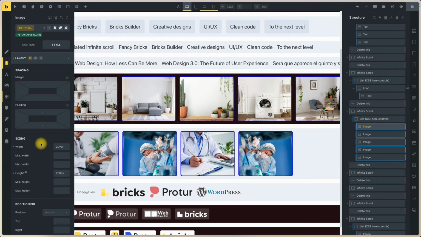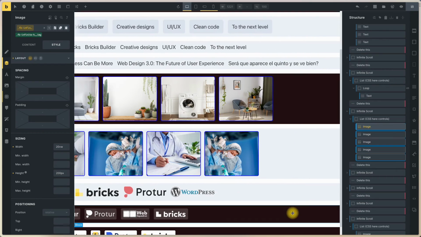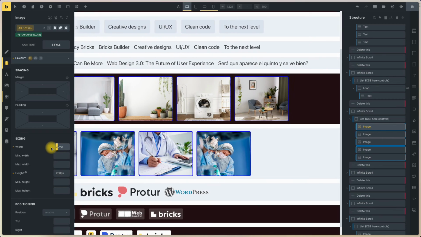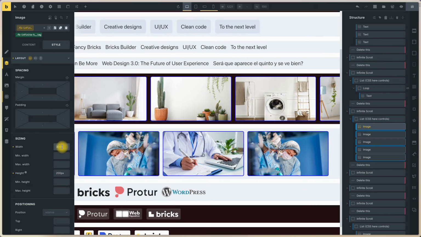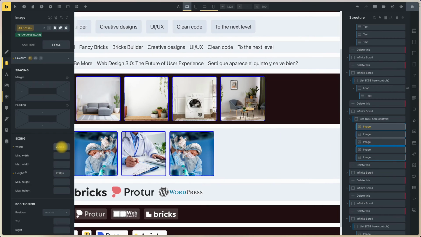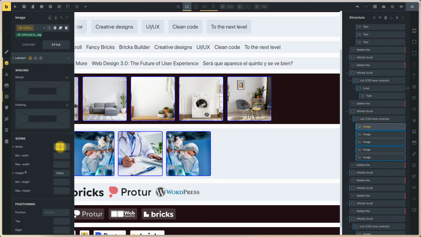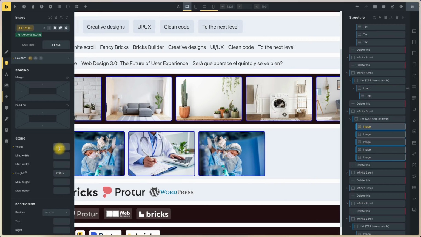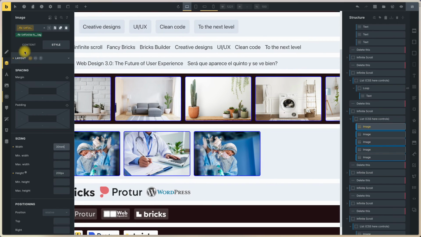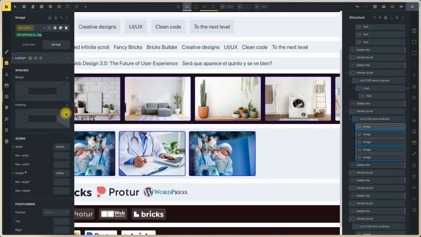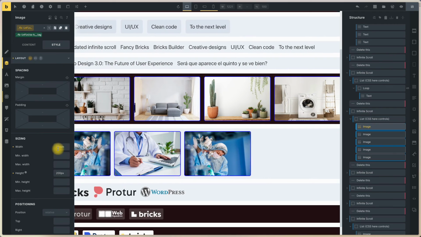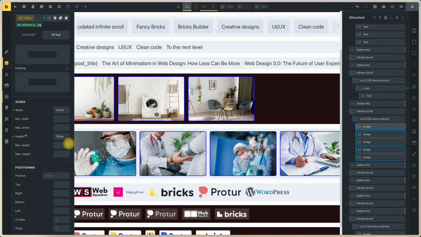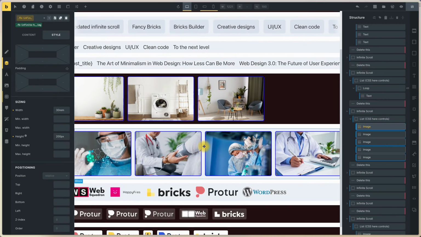you can change the width and you can change the height. Very important. If you need to change this, you can change, for example, to 30, or you can change to pixels, or to rem. You can change the width of the image and the height. Very important. Set cover so that the image shows well. This is the way to edit the image, width and height for this. And